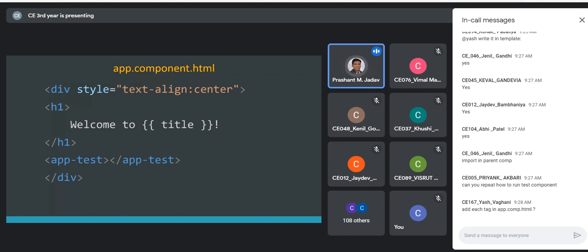You can refer to this slide. See that within the slide, there is the HTML of the app component. This is the view part of the app component. And within it, we are referring to the test component. So now you can see there is a parent-child relationship. Which is the parent component and which is the child component? Correct. App component is the parent component and test is the child component.